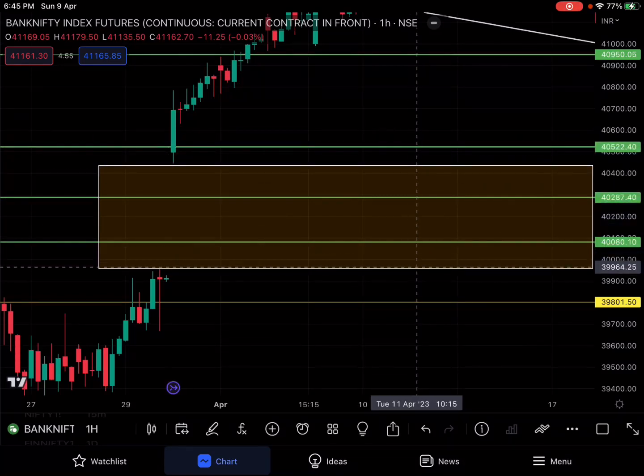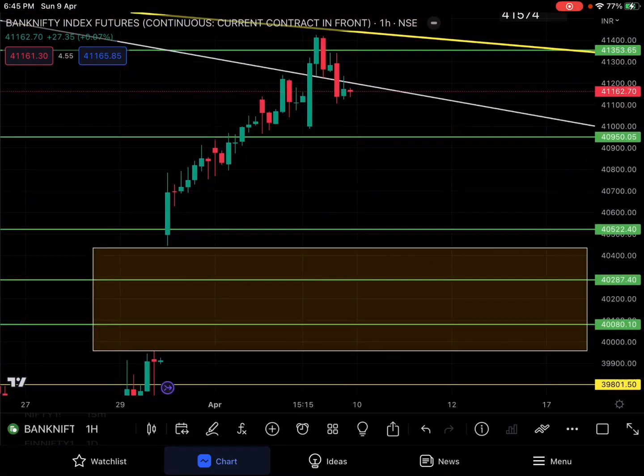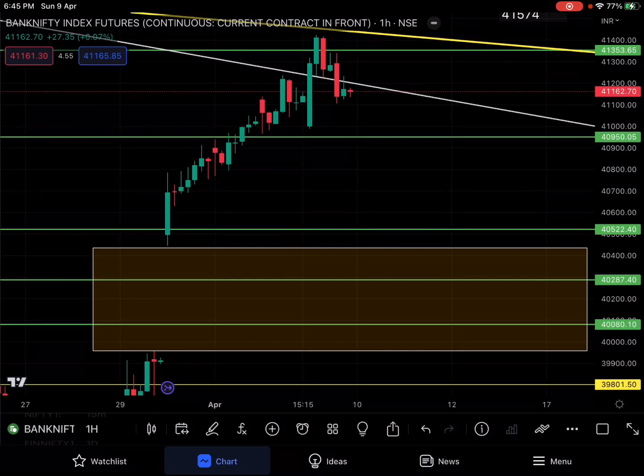So until this gap is filled, I would not be on the upside. So let's wait for a retracement to happen, and probably going for weekly or monthly options, I would recommend, or I would look for put options to be bought for the month end. We are at probably 41,100, so a 41,000 put or a 40,500 put can be bought at this point of time on a monthly or a weekly, and hold it for a time, at least